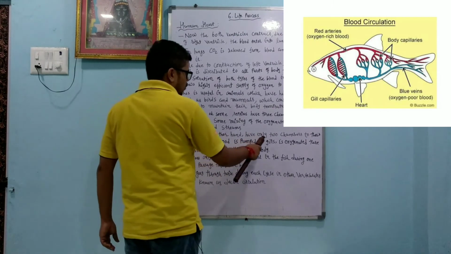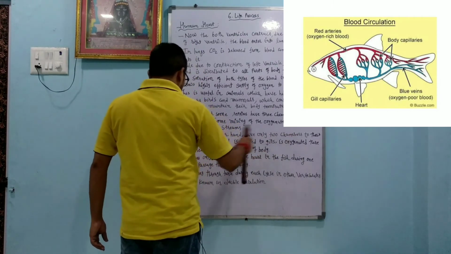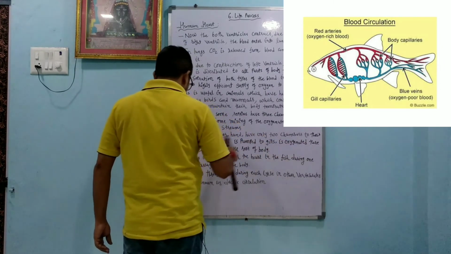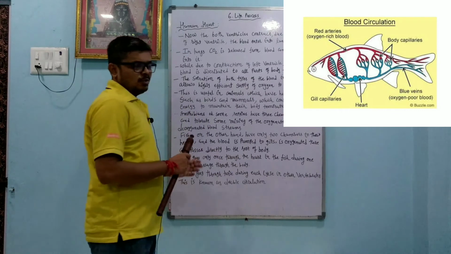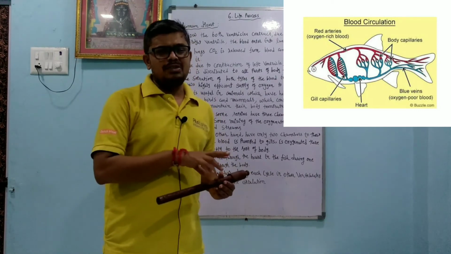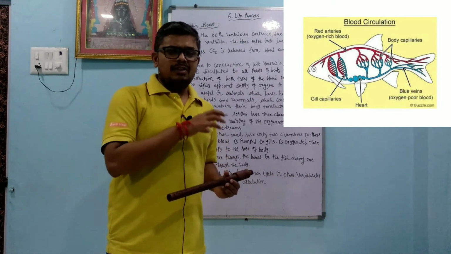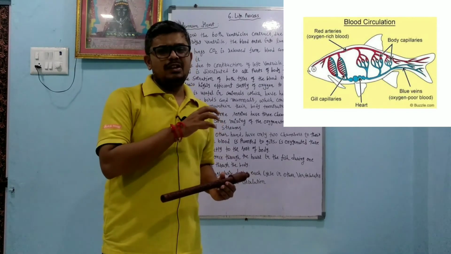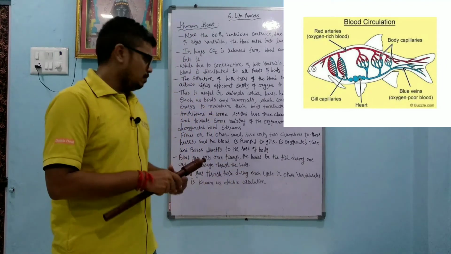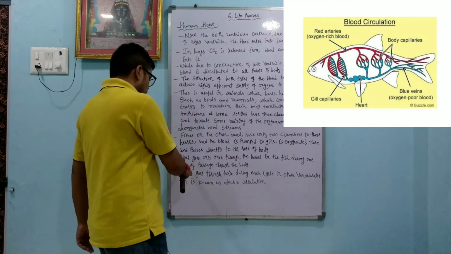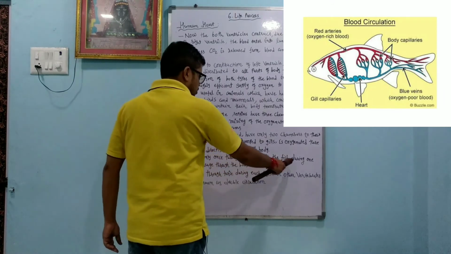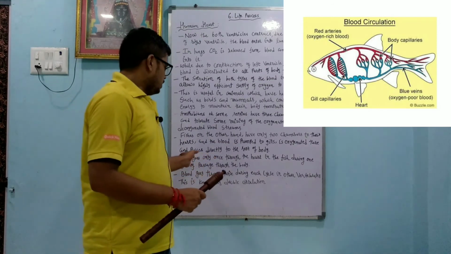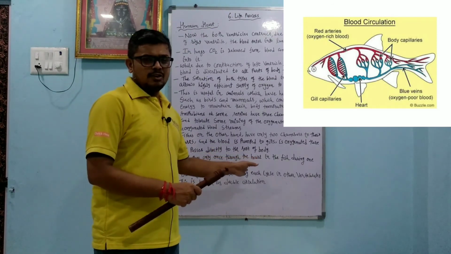Fishes, on the other hand, have only 2 chambers in their hearts, and the blood is pumped to the gills, is oxygenated there, and passes directly to the rest of the body. Okay, so here single circulation occurs, only 2 chambers are there in fishes. Whatever oxygenated blood comes from the gills goes directly to all parts of the body. Blood goes only once through the heart in fish during one cycle of passage through the body. So in fish the blood goes only one time, so it is a single circulation.